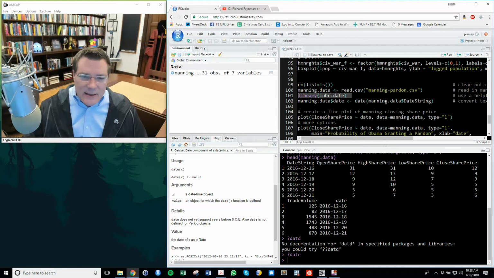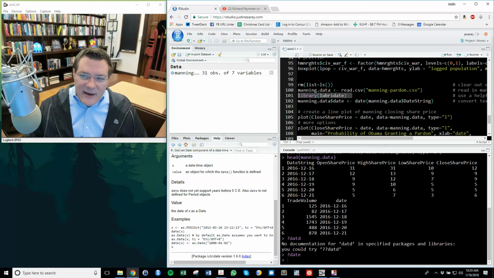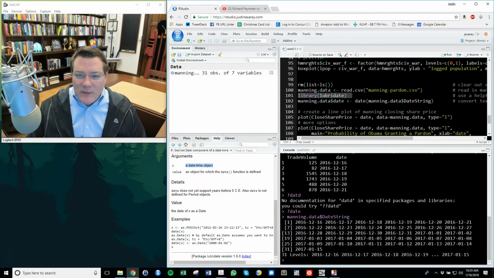And what it does is I feed in essentially information, a date time object, right? And it spits out a proper variable type that R can understand. It spits out a date. So if I compare, for example, that's what R is seeing in the date string. You can see it's actually technically treating it as a factor variable, which, the distinction between factors and strings is R does recognize a factor as having levels, but it's not necessarily going to put them in any kind of reasonable order.